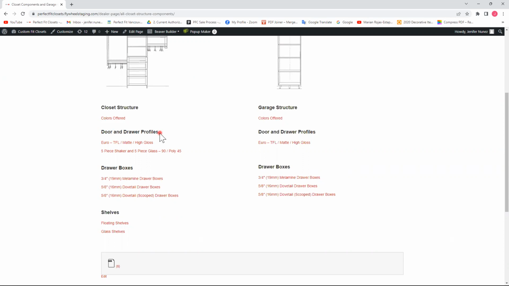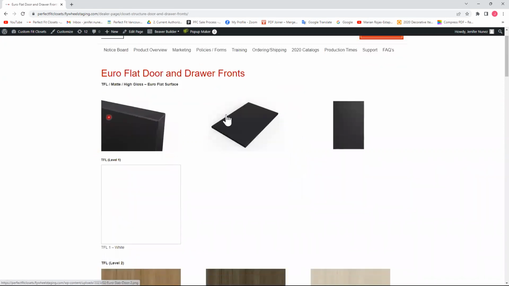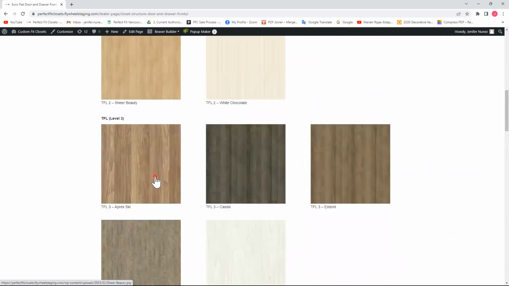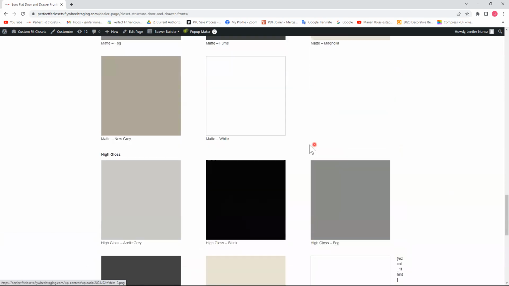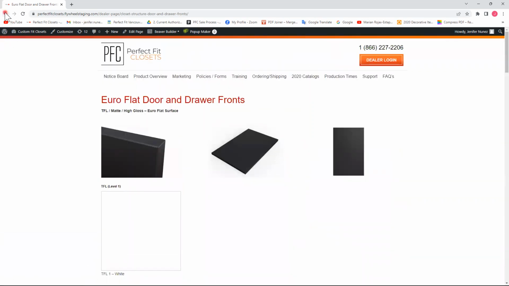If you click on this first option, that is the Euro, you'll see that it is the flat door, and it's available in all the TFL levels and in matte and high gloss. So all the colors available for this type of door, the flat door. If we go back